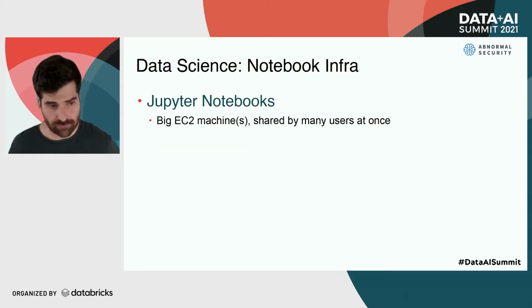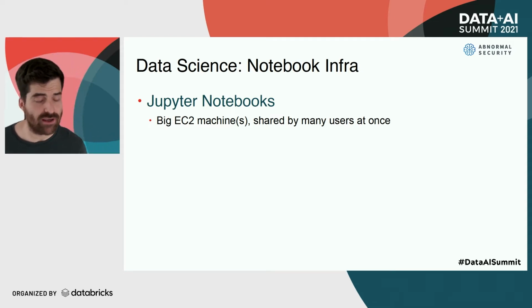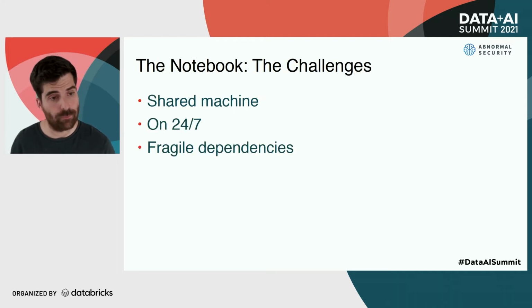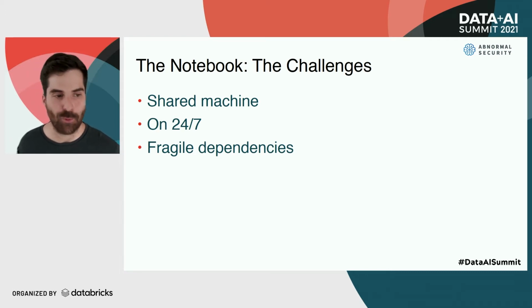For our notebook infrastructure, I mentioned that our data scientists and ML engineers basically lived in Jupyter notebooks. For this, we set up 2 big EC2 machines that would allow our ML engineers to run local big Spark jobs or train models, and do it in a quick way. The problem with this setup is that, again, it's the same multi-tenancy issue. It's a shared machine, meaning that if you run some big job that consumes a lot of disk and you don't clean it up, somebody comes in later and can't use the notebook because one engineer consumed all the disk on the machine.